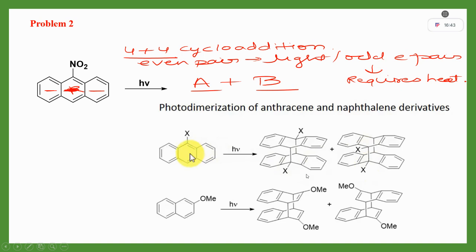Another example in this category is naphthalene. Whenever naphthalene is left in photochemical condition, here also this ring can take part in 4 plus 4 cycloaddition. Okay, and you will get these four partners with another molecule of naphthalene, right? In one way, it can do 4 plus 4 with these carbons only, and in another instance, what can be done? That ring can be flipped and it can lead to formation of this product. Okay,